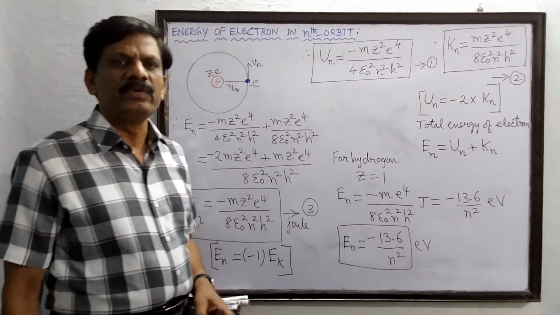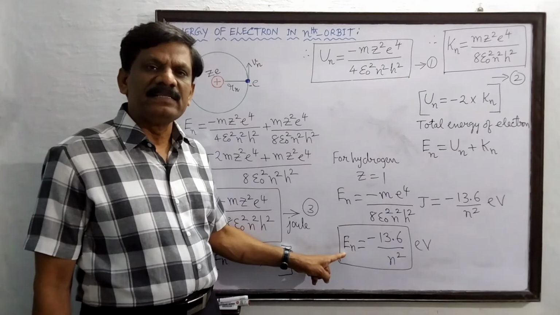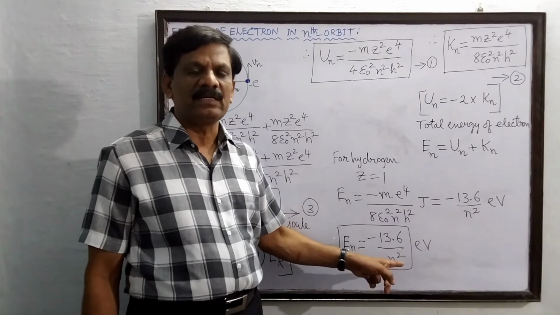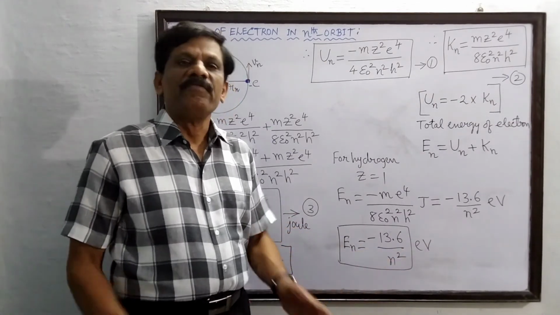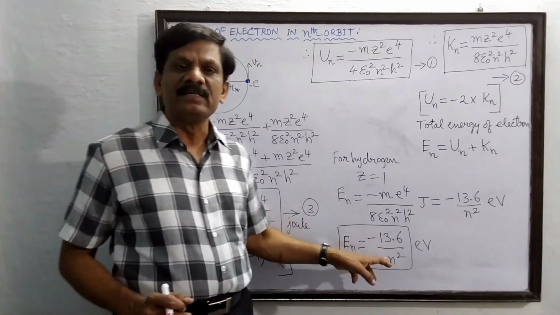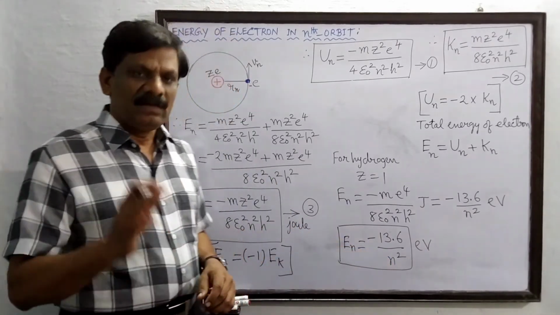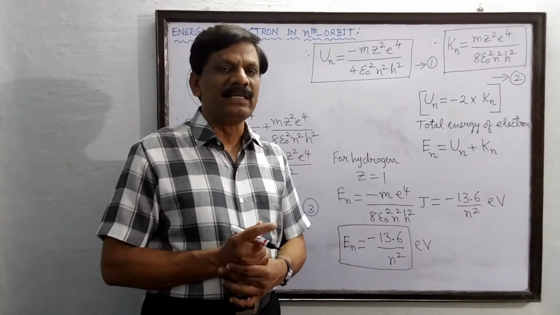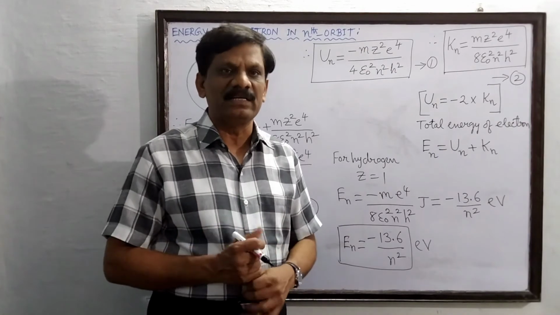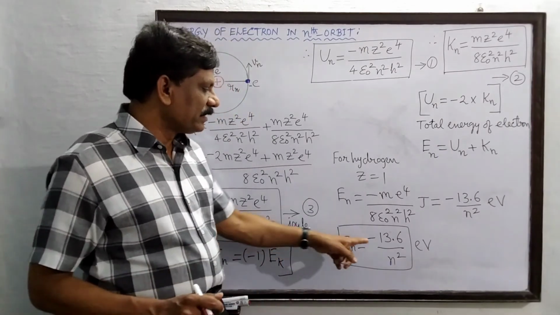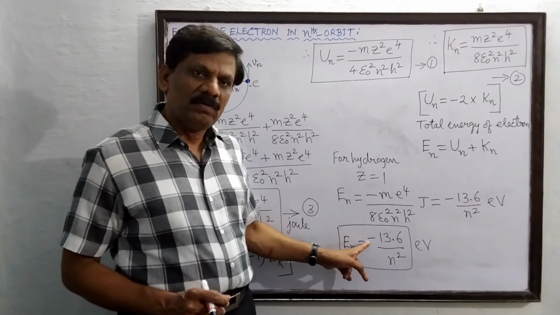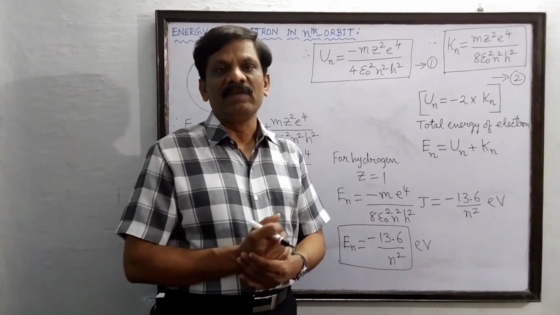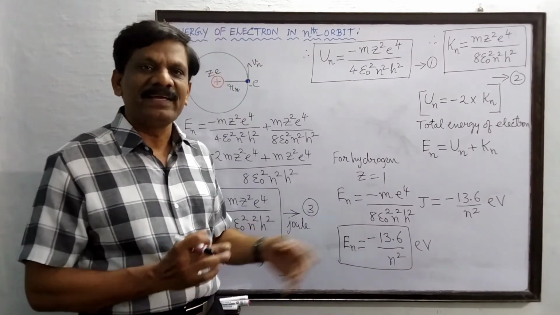In this equation you can see that the term on the left hand side is energy En and the term on the right hand side, in the denominator, is n square. n is the principal quantum number. If you just look at these two terms, anyone will say that En is inversely proportional to n square, so as the value of n increases the energy decreases, and they will misunderstand. But actually, you should see that there is a negative sign also here. So you should understand that as the value of n increases, the energy of the electron will also increase because of the negative sign.